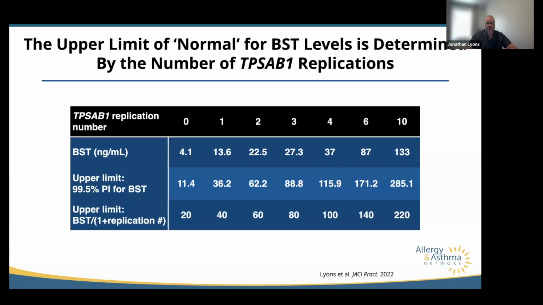And so basically what you do is you take the tryptase level from the patient and divide by 1 plus the number of extra copies. So if they have a tryptase of 10 and they don't have HAT, their normalized level would be 10. But if they had a tryptase of, let's say, 50 and they had one extra copy, then you divide it and you'd say, oh, the tryptase is 25. And so by being 25, it would be above the level of 20. Now, if you invert that situation, you see that you would have to get a tryptase of 40 if you had one replication, 60 if you had two, and so on, in order to get above that 20.